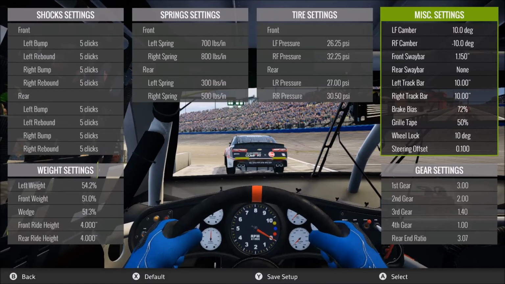Wheel lock, I keep standard at 10 degrees along with the steering offset, which is normally for me around the 0.1 range. The reason why these two don't change very much is because for the wheel lock in particular, I don't like the way the changes to this number make the steering feel. Your results may vary, but for me,